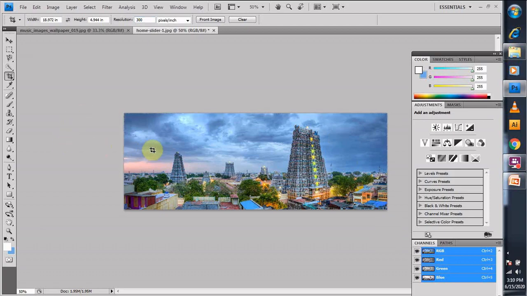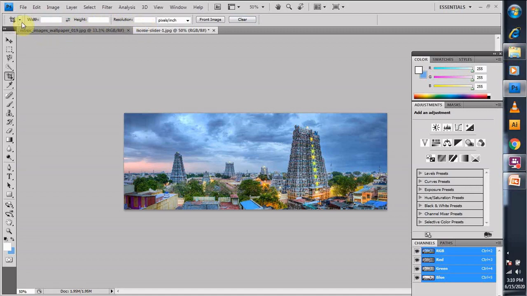Now if I don't want the width and the height to be set as I have taken up, I go to the clear option. As soon as I click the clear option, it will remove the width, height and resolution we have created for our image. I clear and the width, height and resolution, all these things will be cleared up.